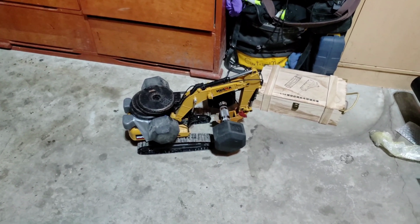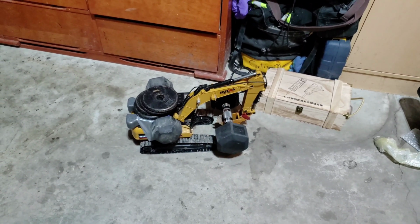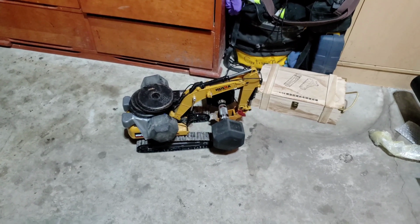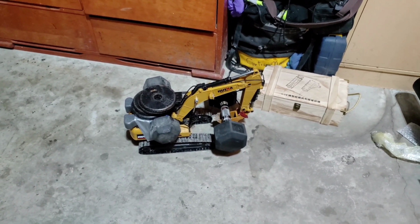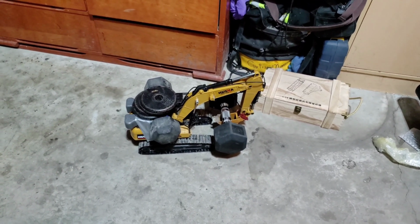And bucket. But swing, won't do it. No original Huina parts will swing 20 pounds. All right? But,